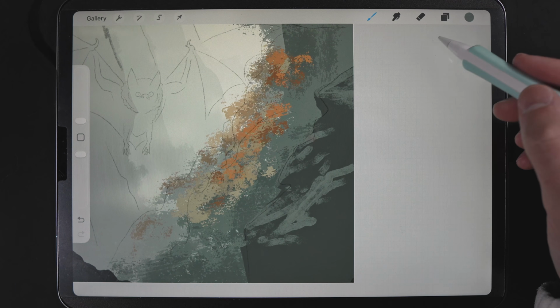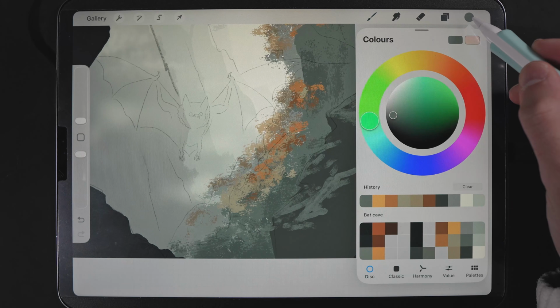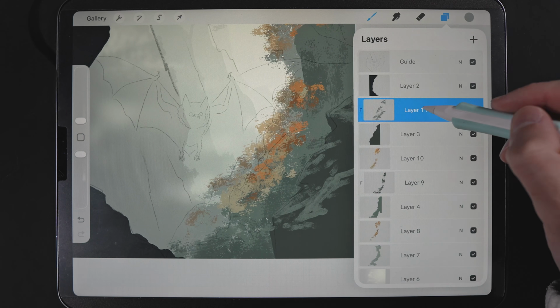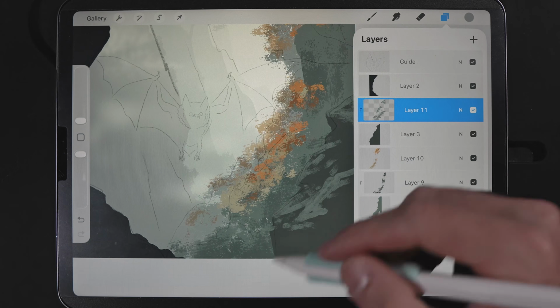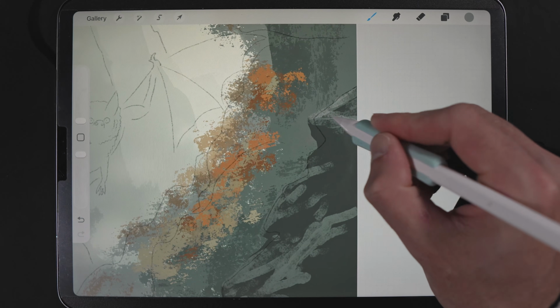And then that may look a little bit too close to the color in behind. So what we'll do is we'll go to our colors. We'll grab the color at the top of the same column, so top of the second column from the right. Then tap on the layer we were just working on and alpha lock it. So we can't paint outside of what we've already drawn in now,